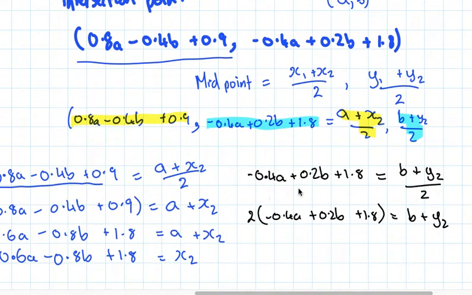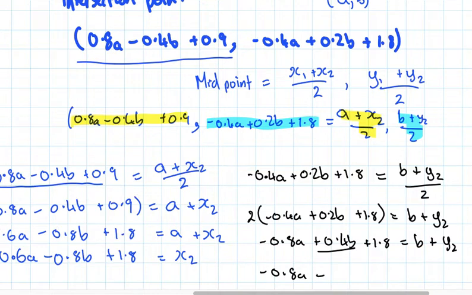So writing out my y bit, it's divided by 2. I take it over here, multiply it by 2. That gives me negative 0.8a plus 0.4b plus 1.8 equals b plus the y2. I want y2 by itself, so subtract the b from that, and you get negative 0.8a minus 0.6b plus 1.8 equals the y2. So there we've generalized our formula,